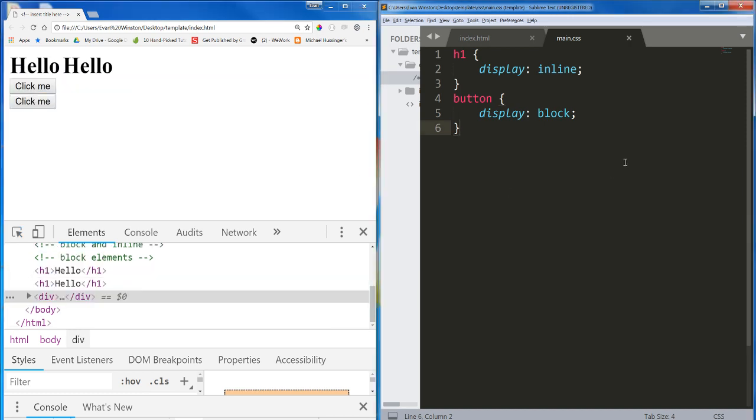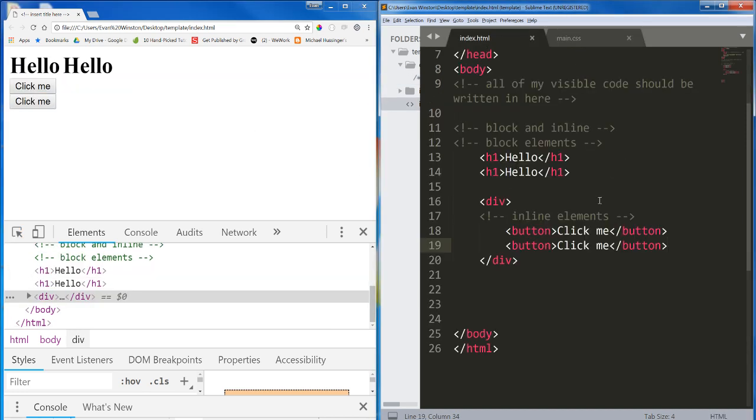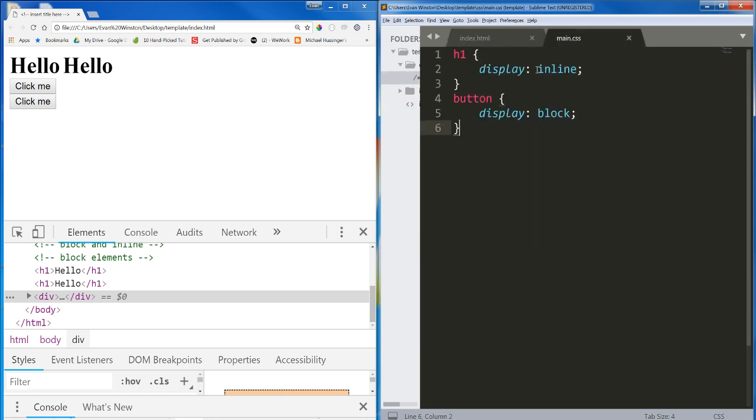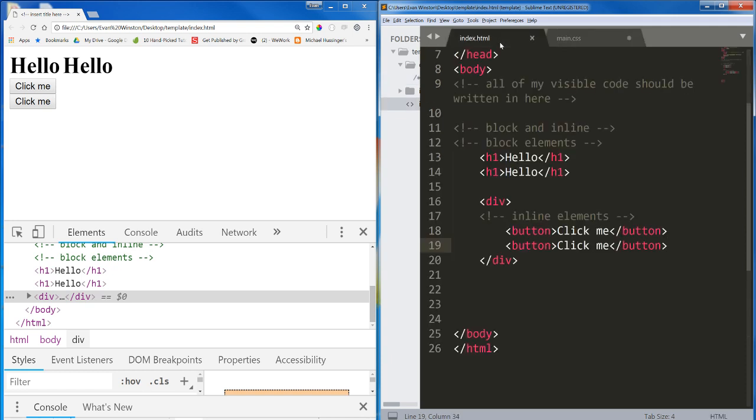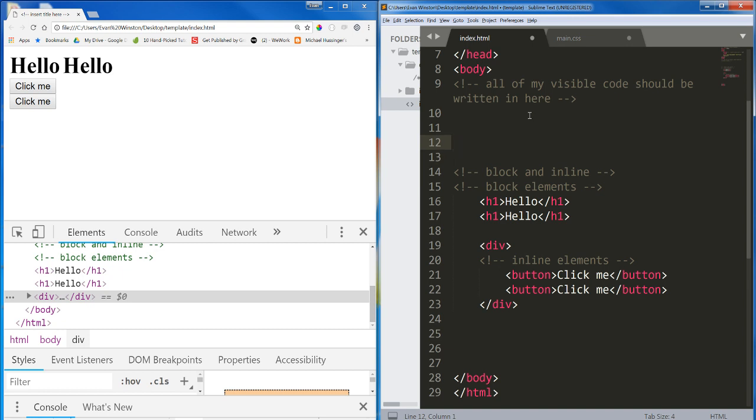Okay, so while elements have a default display property of block, inline, or inline block, we can change that display property to suit our needs. So what's an example of where we would actually change the display property to suit our needs? I'll show you. I'm going to create an unordered list,